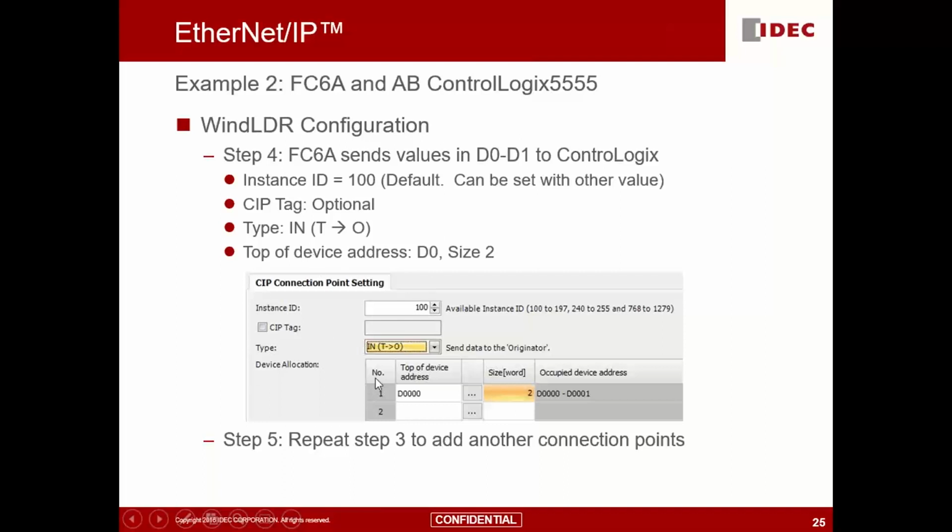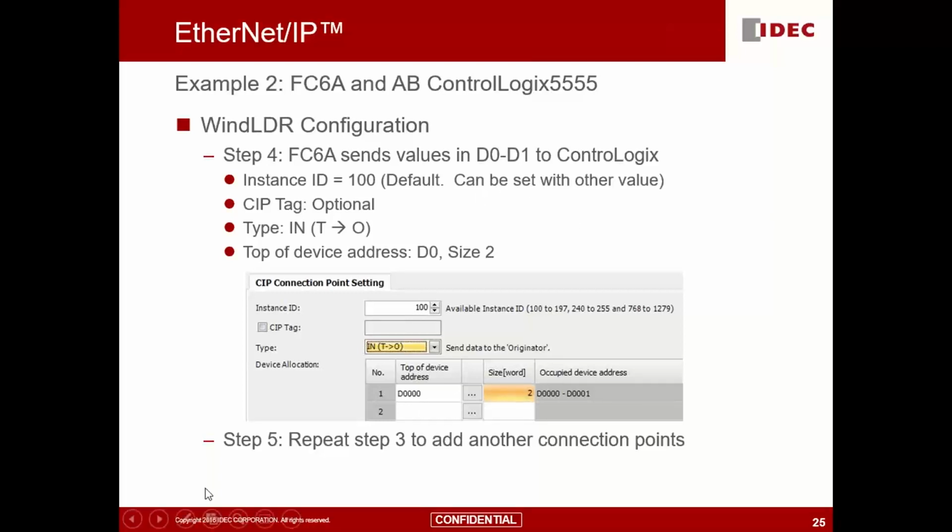Type is basically for this would be inputs, right? So basically, the FC6A is a target. It's going to send information to the originator, which is the control logics PLC. So we're sending D0 and D1 to the control logics devices. In the top device address, we're going to do D0, and then the size is 2. So it's basically occupying D0 and D1. The values in here will be sent to